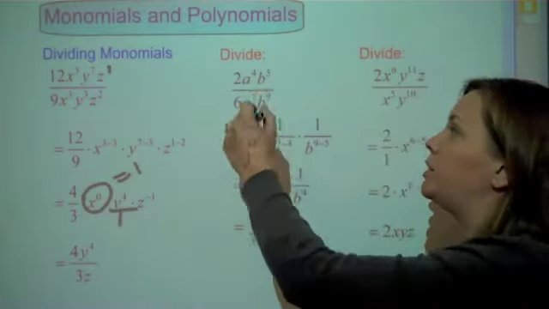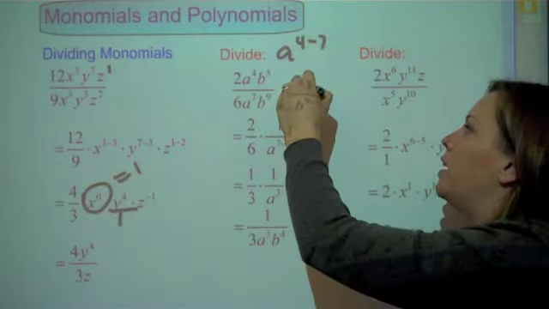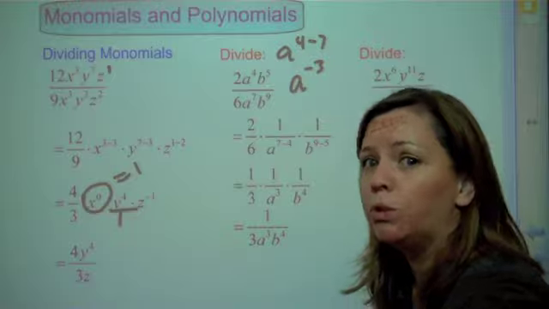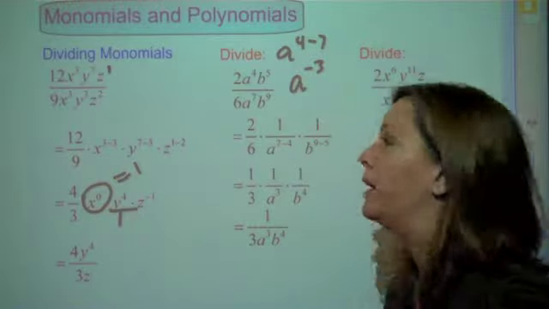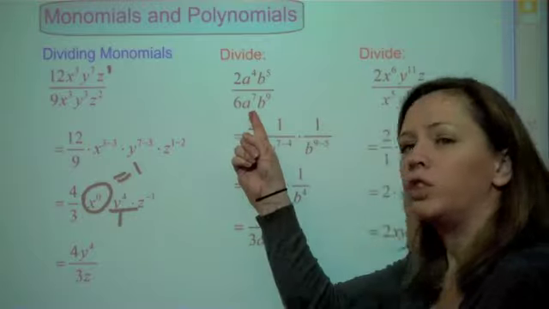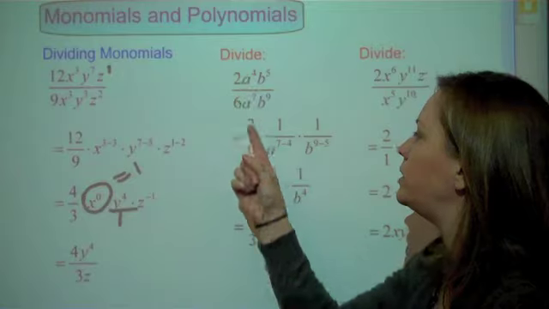That means if I were to subtract them, for example, a to the 4 minus 7, I would get a negative exponent. And then I'm just going to have to move that term back into the denominator anyway. So one way of dealing with this is to just leave the terms in the denominator and subtract the exponents that way. So we're going to take 2/6